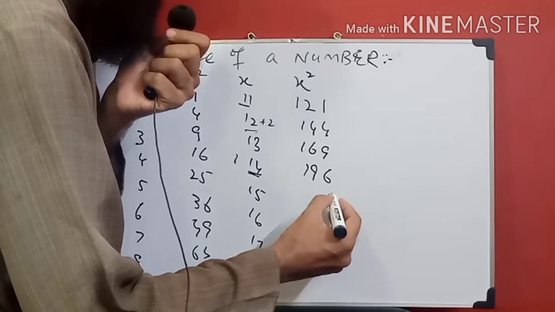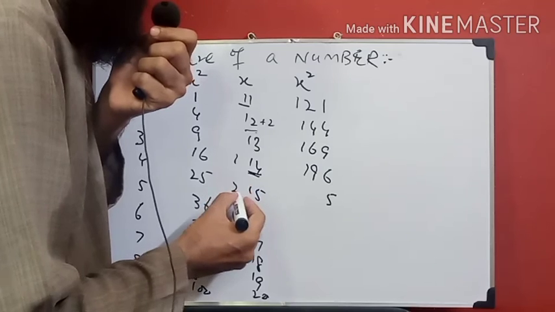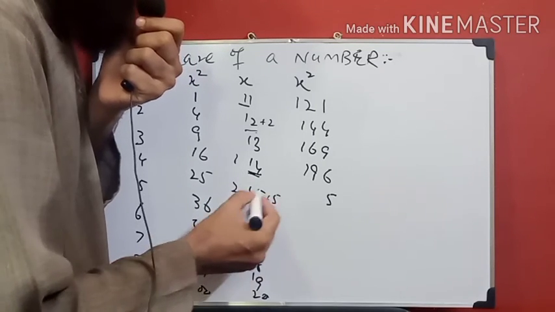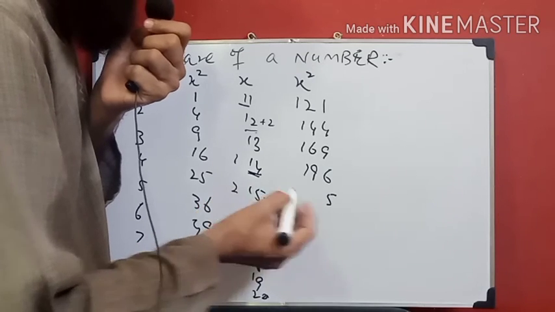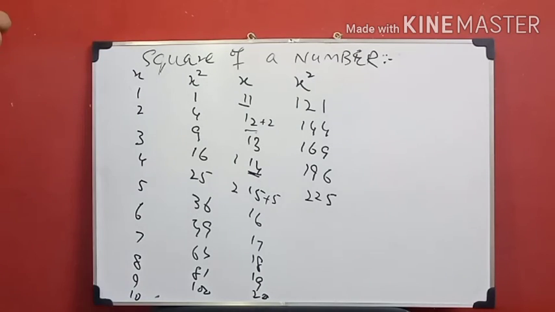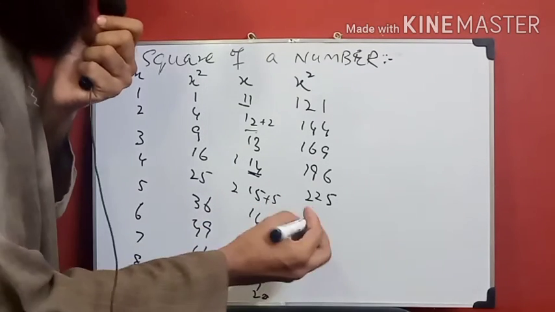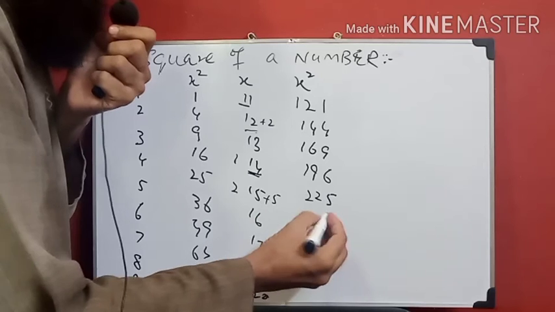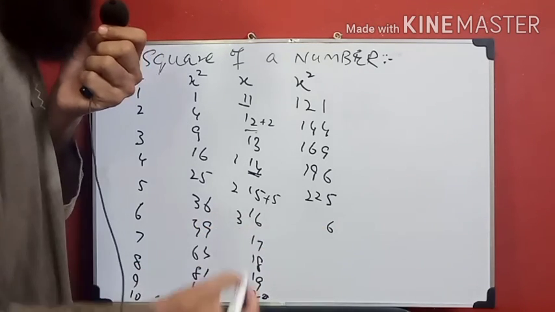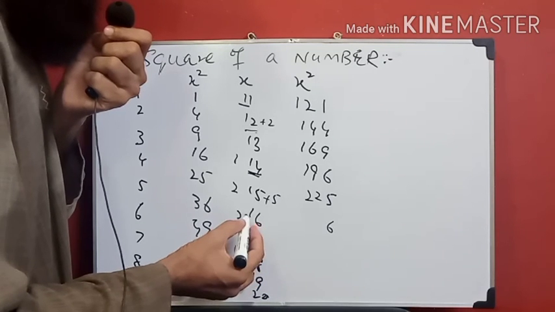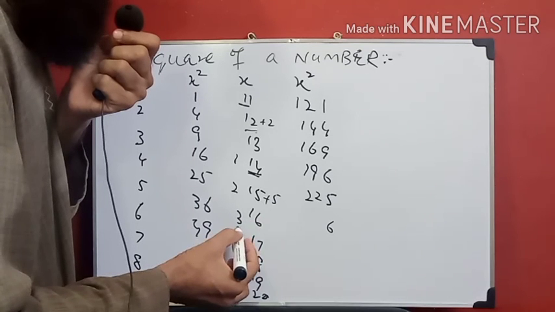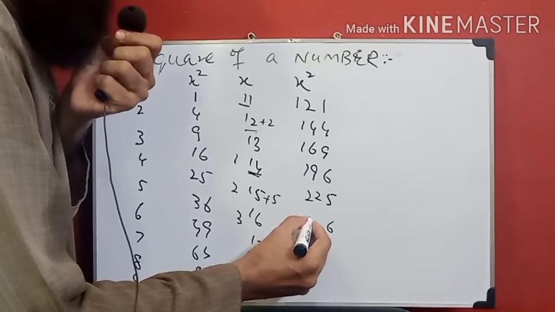Now 15. The square of the 5, first we write on the right side or unit place. That means 5 5s are 25. We write 5, remainder is 2. 15 plus 5 means 20. Remainder 2 we add, 22. It comes as 225. Similarly, 16. 6 6s are 36. Remainder 3. 16 plus 6 is 22, and 22 plus 3 is 25.